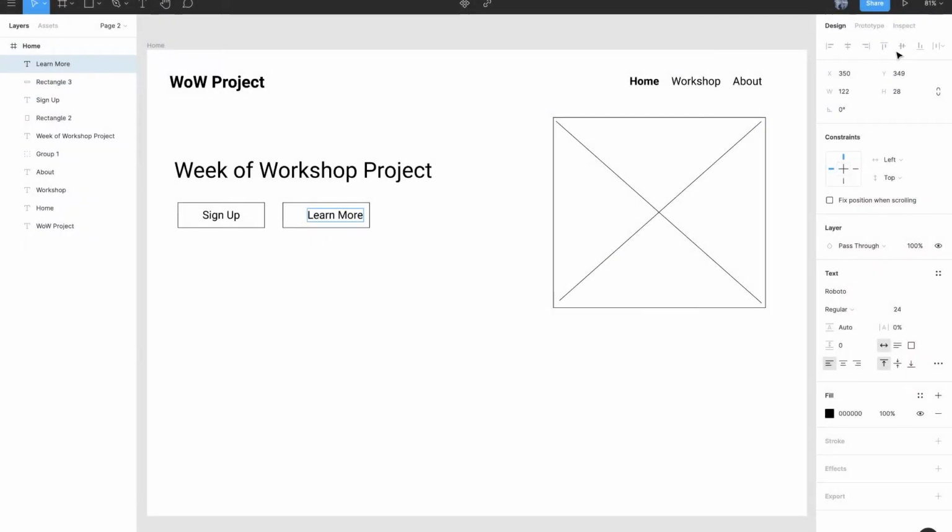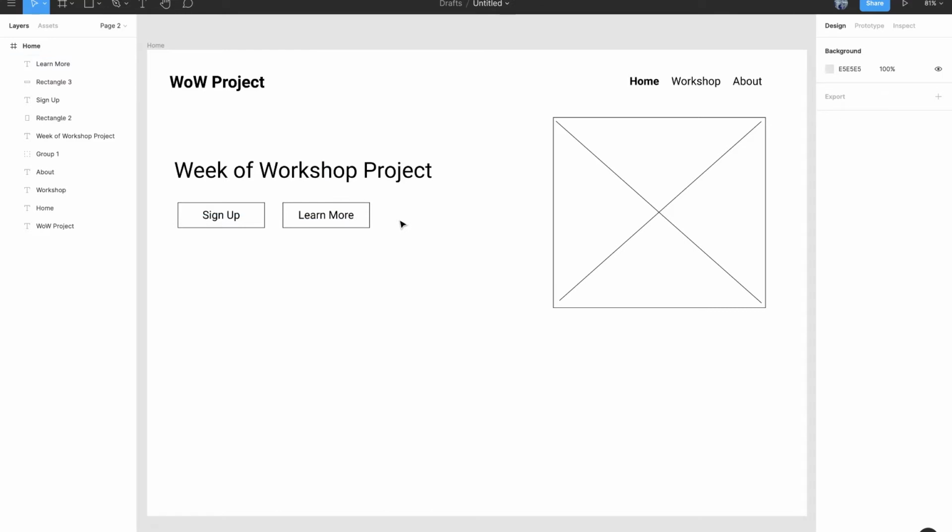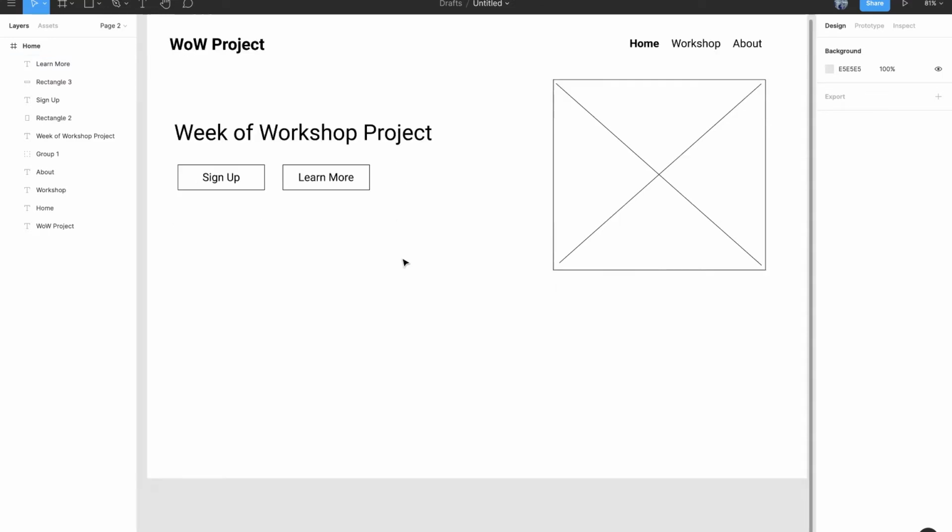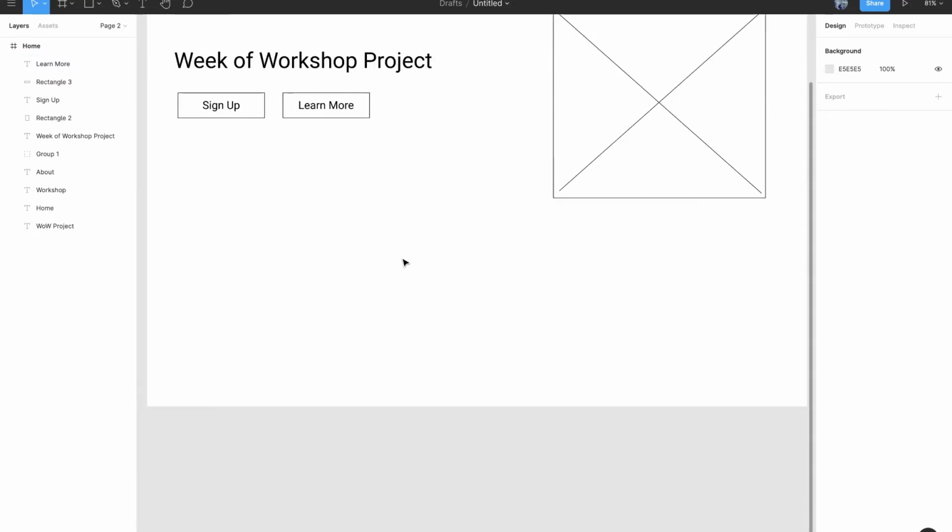So the first part will be our home page. So it's pretty clear that the home page of mine is pretty simple. Just a website name at the top left corner and the navigation menu on the right side of it. Below it is the part where visitor will be introduced to the events under our WOW project. There are two buttons, which are the sign up and learn more buttons, followed by an image on the right side of it. Below all of it is the past workshop section, where posters of past workshop will be shown in a carousel.